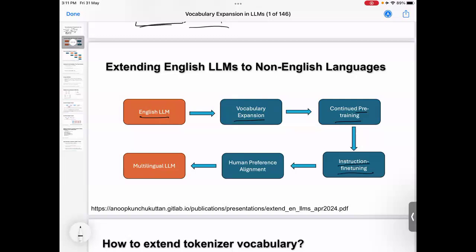you have to do some human preference alignment. We have seen this particular pipeline where we first do instruction fine-tuning, and then we also do some sort of human preference alignment. Okay, and finally, whatever you get is the multilingual LLM. Okay, so if you see here again,